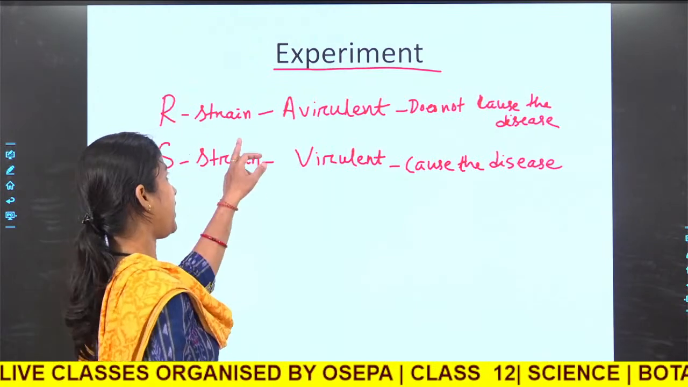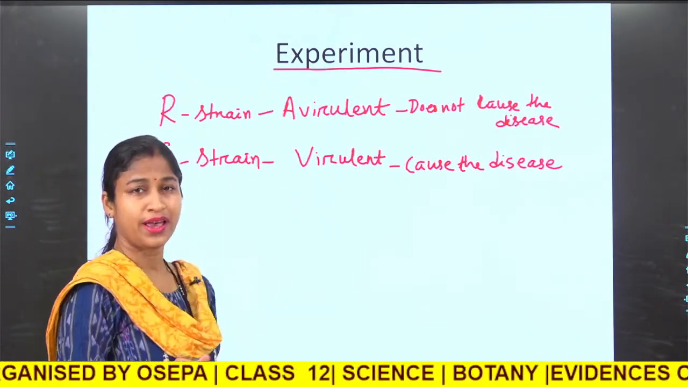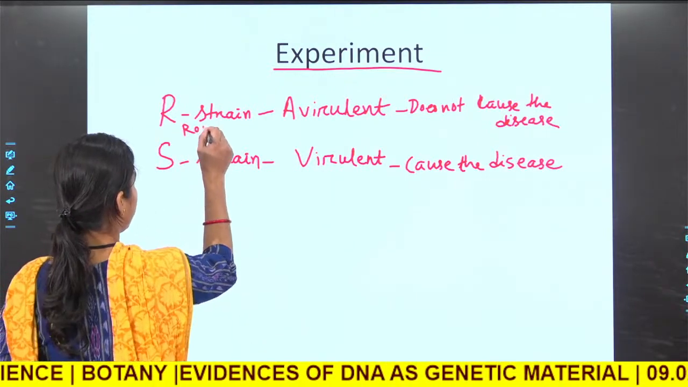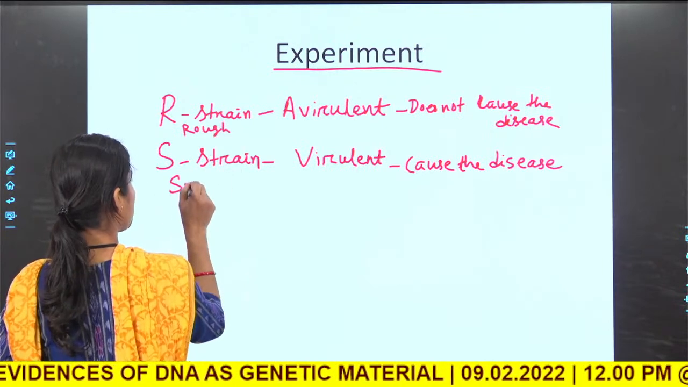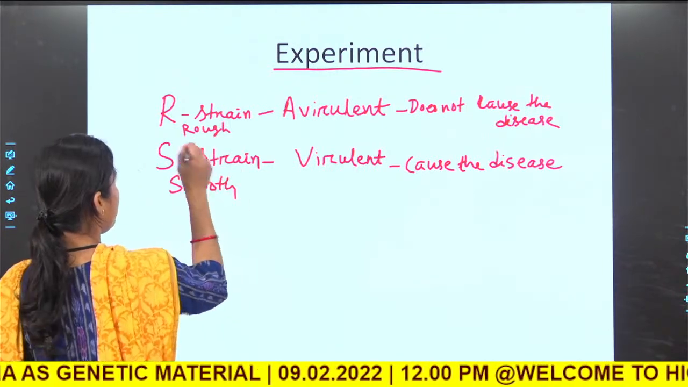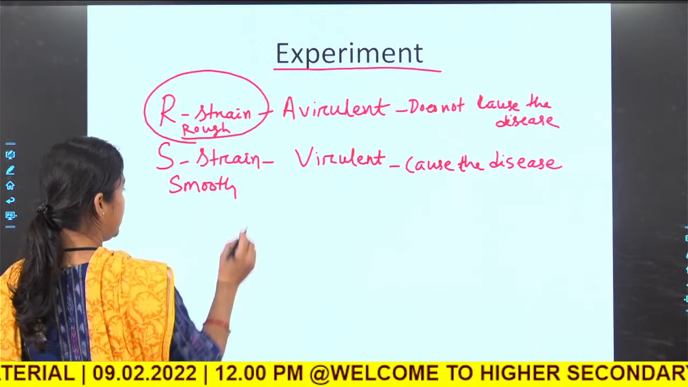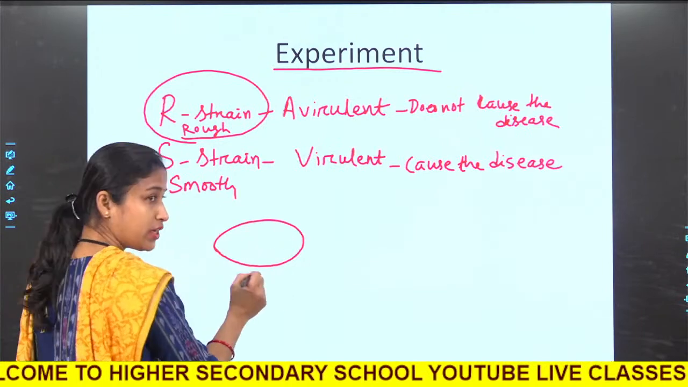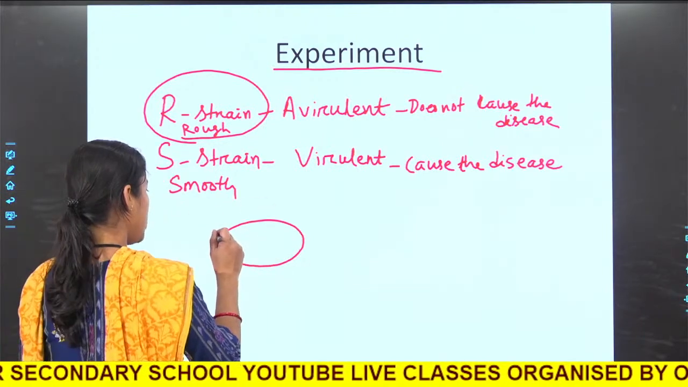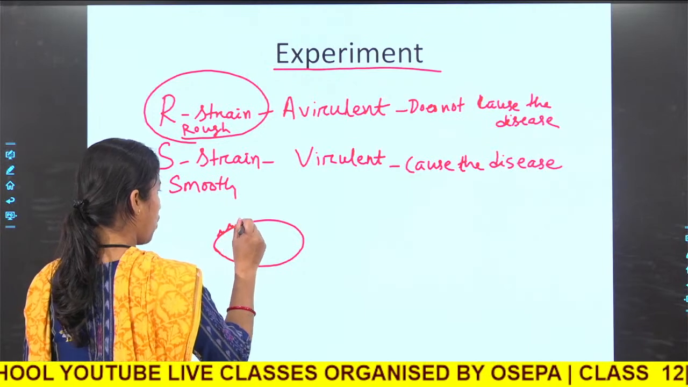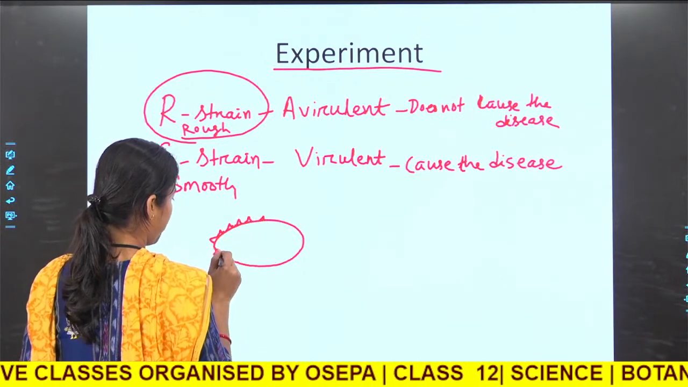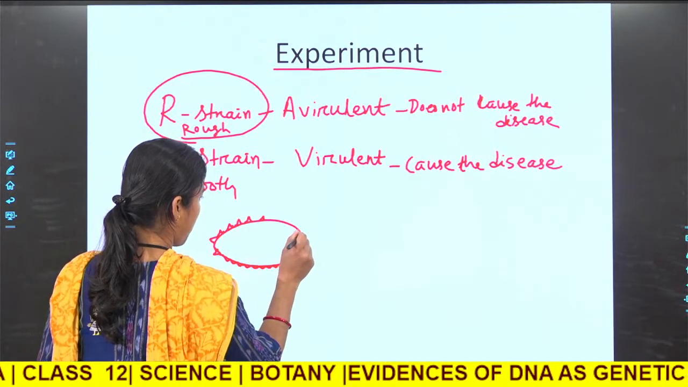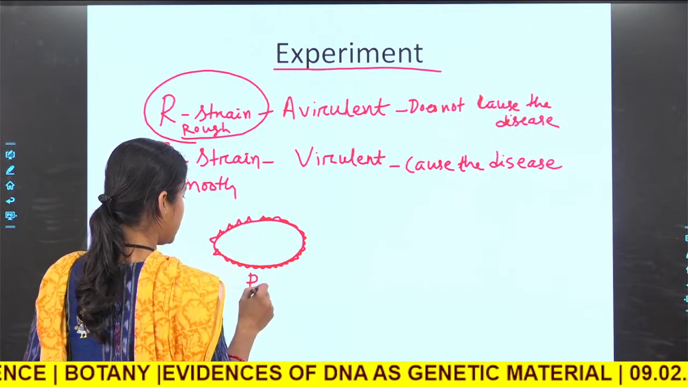Now, the R strain is avirulent. Why is it called the R strain? It is called a rough strain. In short, it is a rough strain and the other is a smooth strain. The rough strain bacteria does not have a smooth coating or a smooth capsule. That is why it appears rough like this, so the surface is somewhat rough. And this is the R strain,